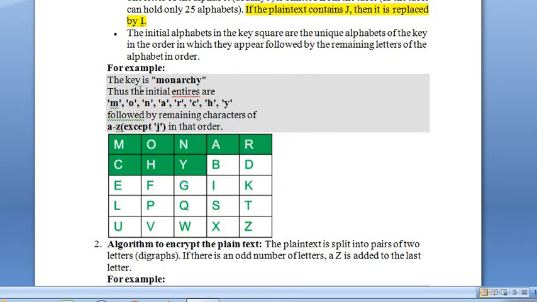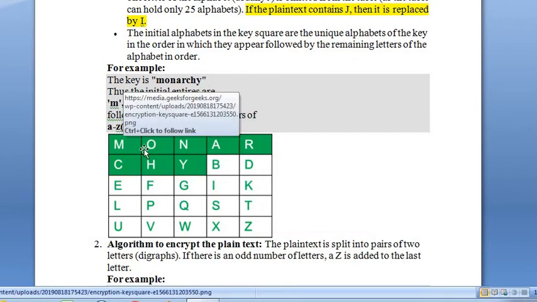Then the characters are entered one by one into the 5 cross 5 grid: MONARCHY. After that, the remaining alphabets will be entered from left to right.